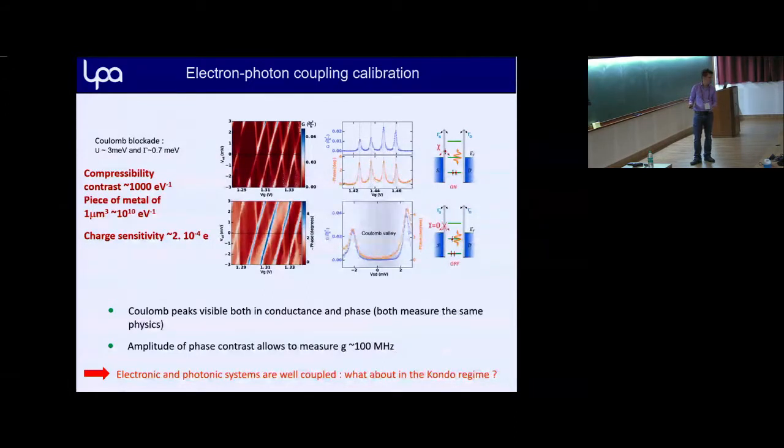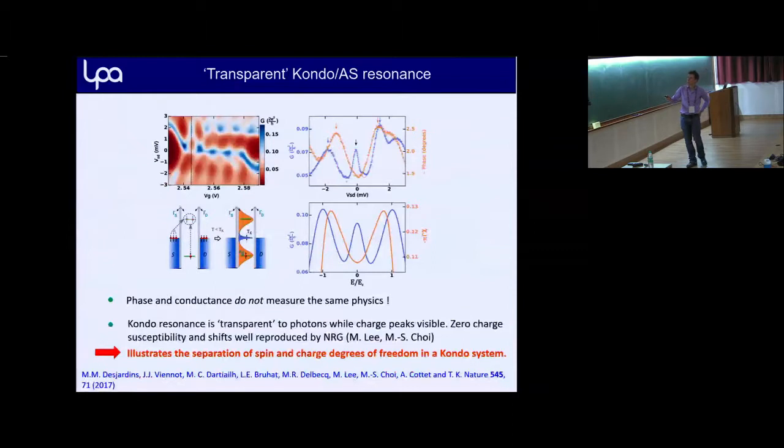What happens in the Kondo regime? Now we just crank up the gate voltage. By doing this, we not only move the energy levels, but we also change the tunnel barriers and open them more. This is the situation where the Kondo physics will show up because we have a larger coupling with the electronic continua. So you see ridges here,